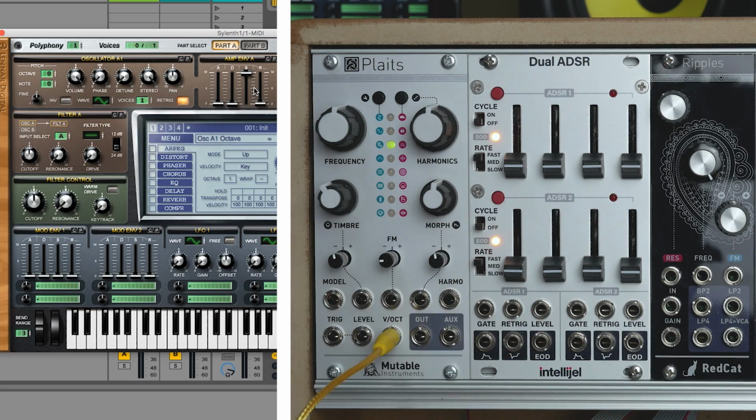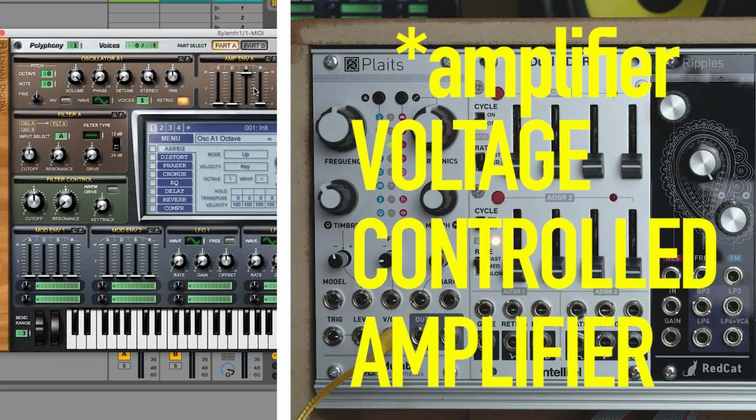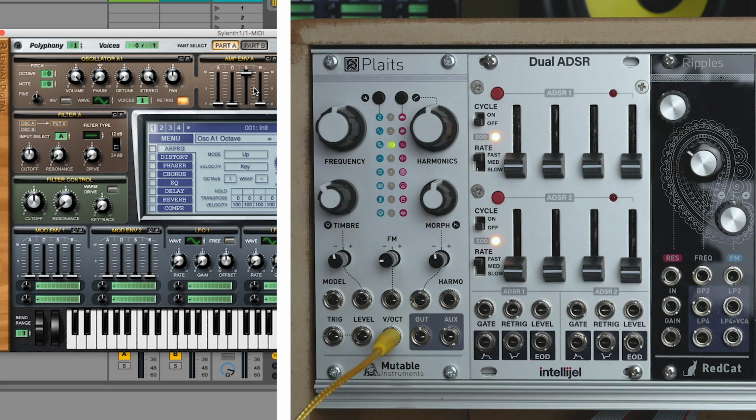There are two ways to control the behavior of the sound. The first is controlling the sound in amplitude. That means that you control the volume of the sound through a VCA, which is a voltage controlled amplitude module. So a control on the volume at the output. The second way is to control the sound through a filter. So you have a VCF module, voltage controlled filter module, which is my case.